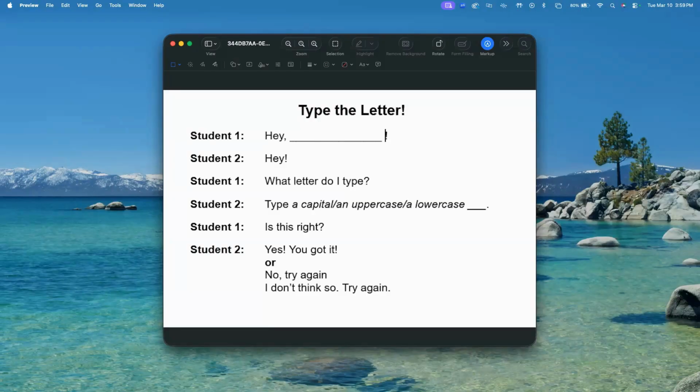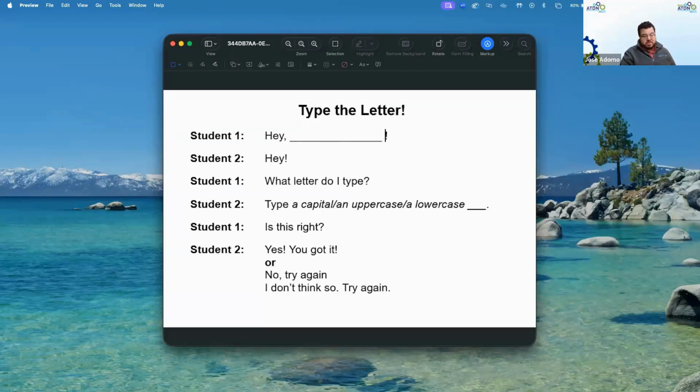And then just some things like, oh, is this right? That's something they can use all the time in their life to check on things. Then they do yes or no, they can choose. And I usually do a fun one, like you got it, or I don't think so, just to make it interesting.